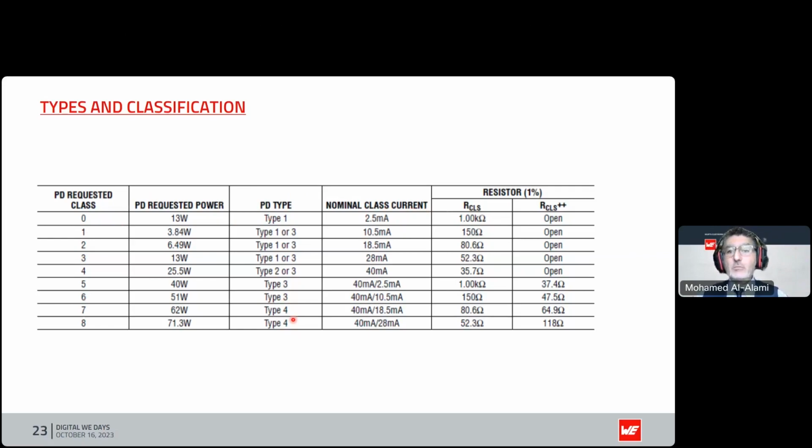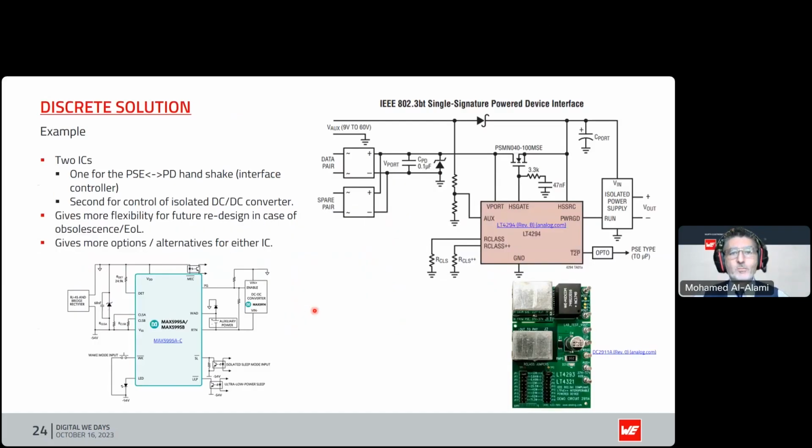There are a number of these classification events that can take place, 1 up to 5. This depends on the PSE. So this is a whole set of seminars that I can easily go and talk about. I don't want to make this too complicated at this point in time. This is just to give you an indication of how we identify, based on the class, the power delivered or required by the PD.